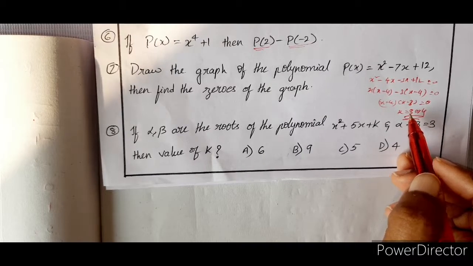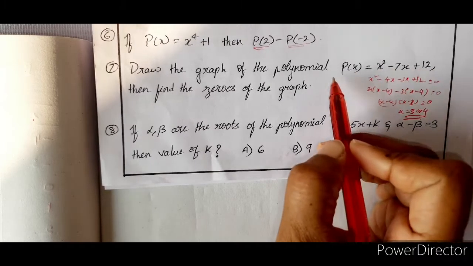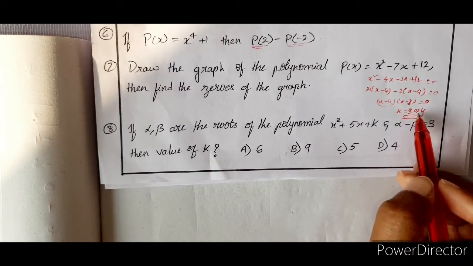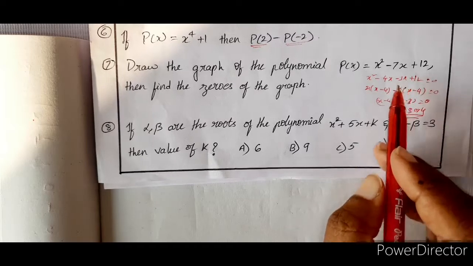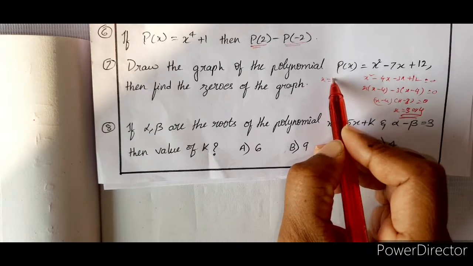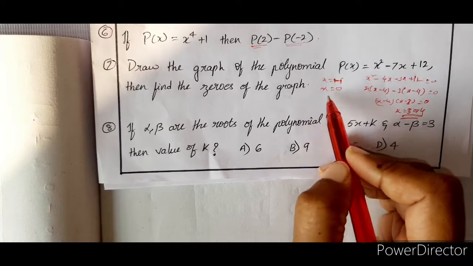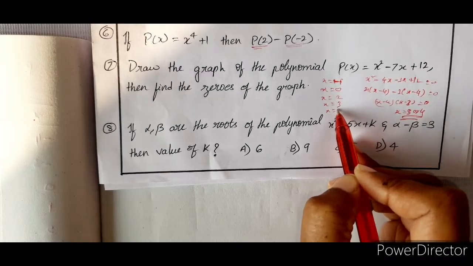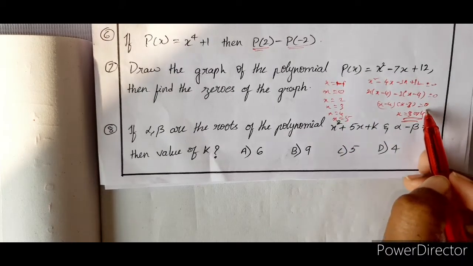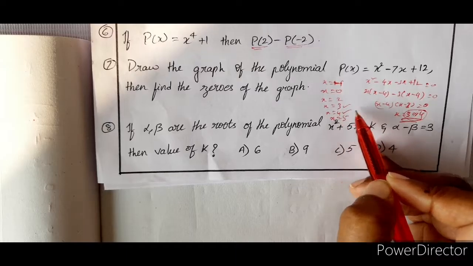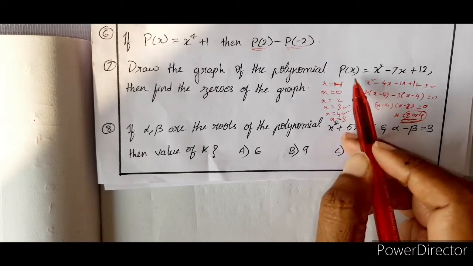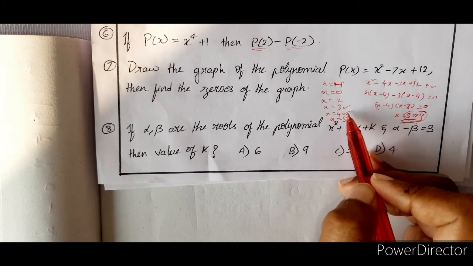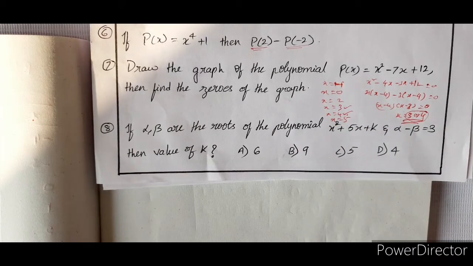Now when you are taking different values of x, it is usually better to take some negative values also, even though all the zeros are positive. So take x is equal to minus 1, then x is equal to 0, then x is equal to 2, x is equal to 3, x is equal to 4, x is equal to 5. So 3 and 4 are also included in this. Then you will get a graph and you will get the x-intercepts there. So therefore you will know what the zeros of the given polynomial are.